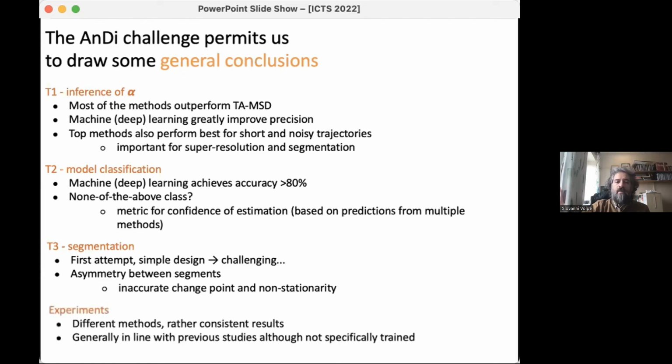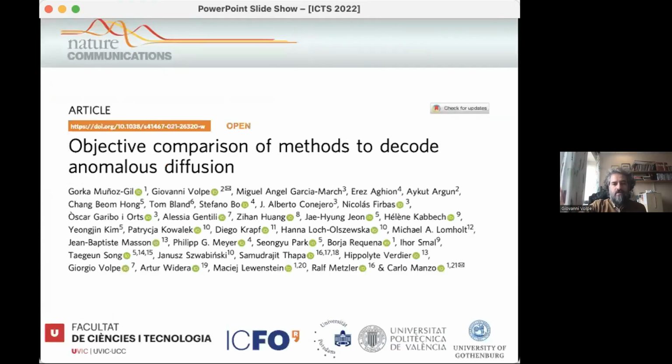We'll see. And finally, the very nice result is that we can also use this method to analyze experimental data. And on this experimental data, different methods, independently trained and not specifically trained for this method, actually tend to agree, and also mostly agree with the results from the original papers. Okay, so if you are interested in this, obviously we had the paper about the challenge, which was published last